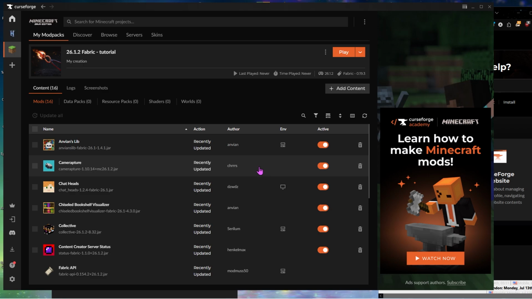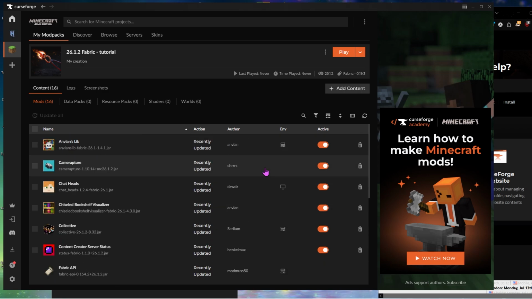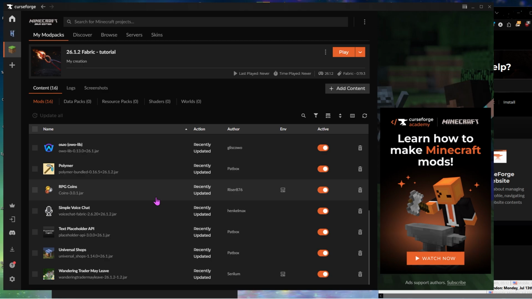It is important to keep your mods up to date, not just for quality of life, but they can also update sometimes to cover security risks that have been discovered. So we've got the mods that we need for the server. You may also wish to add some mods of your own that you like to play with. For example, perhaps I want a mod that enables me to zoom.